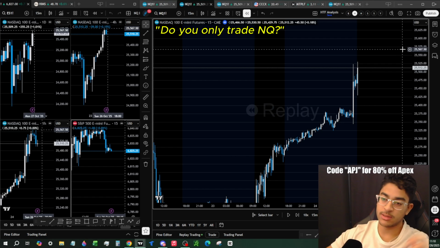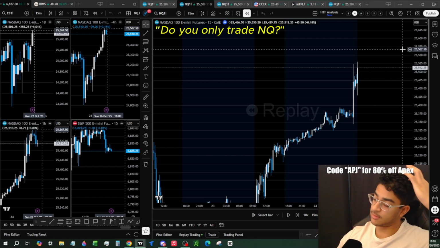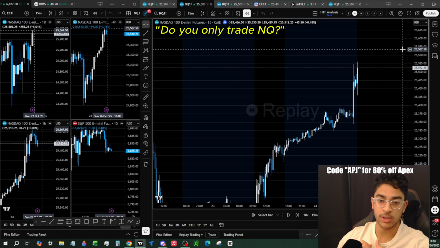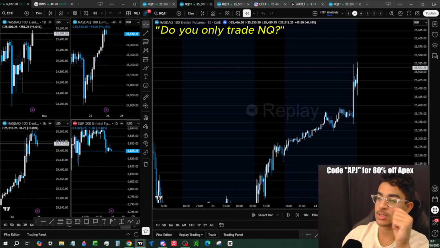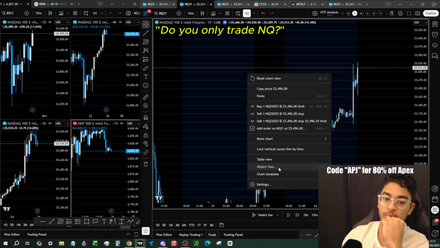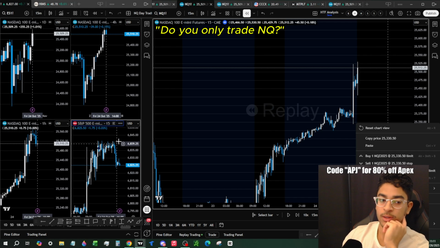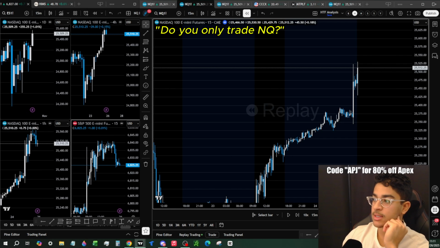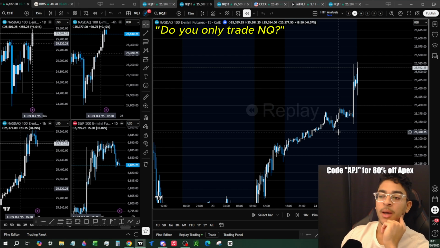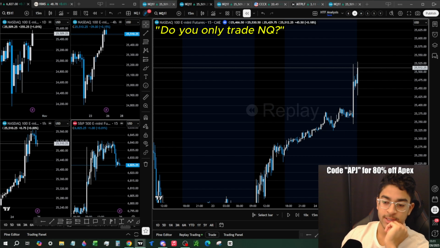So once I left options, I came to futures, and I'm like, you know, NQ is volatile enough, ES is volatile enough that I don't need to be switching back and forth between the indices. But I actually started my futures journey with just ES. I wasn't even on NQ. ES, as you guys know, trades a little bit slower. NQ and ES, and same with the Dow and the Russell, they all move in correlation, but they move at different speeds, and that's where SMT comes from.